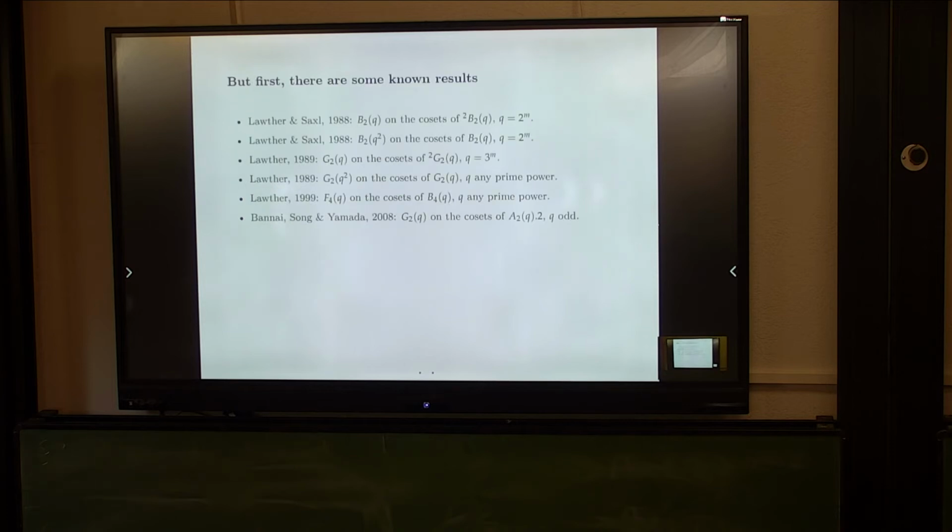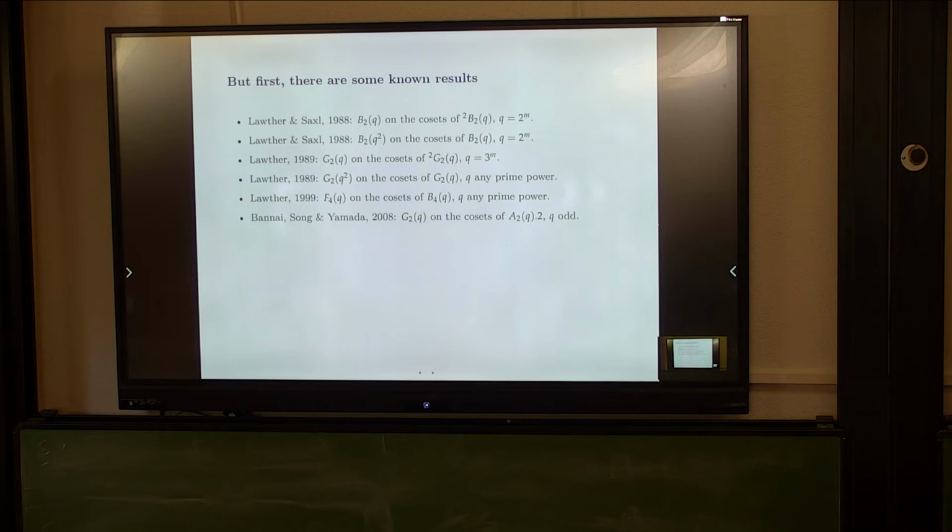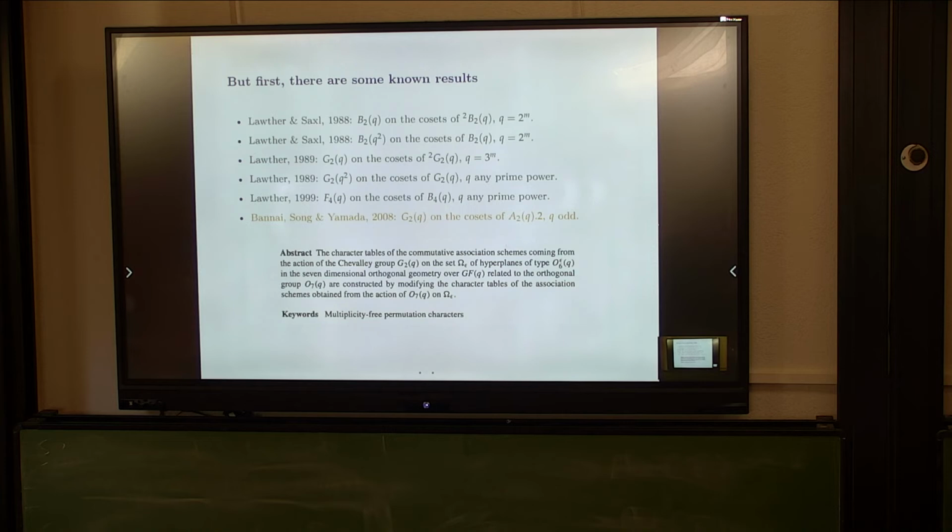And so this kind of question has been answered for some groups and for some of their subgroups. For example, Loth and Saxl, questions I think of interest for knowing distance transitive graphs, which I know nothing about. And Bannai, Song and Yamada also did this for G2 acting on the subgroup of type A2 extended by an involution,